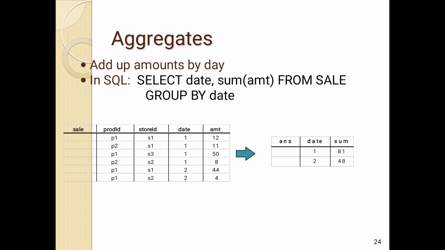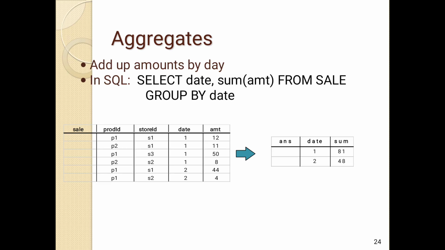Select date, sum of the amount from sale group by date. Okay, so for example, we are having multiple stores, right? So for date 1 and 2 we are going to calculate the sum of amount. How many stores for date 1 do we have? S1, S2, S3. For date 2 we have S1 and S2. So we are going to group based on date 1 and 2. So see on the right side, for date 1 the sum of amount is 81. For date 2 the sum